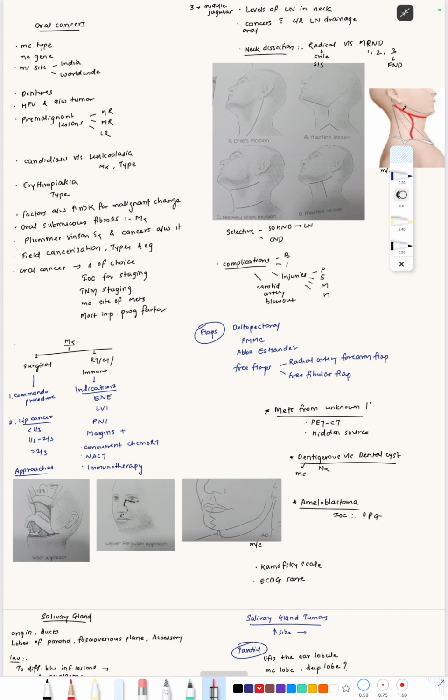In synchronous, it undergoes cancerous change within 6 months, and in metachronous type, it undergoes malignant change after 6 months. Then oral cancer. In oral cancer, the diagnosis of choice is going to be the